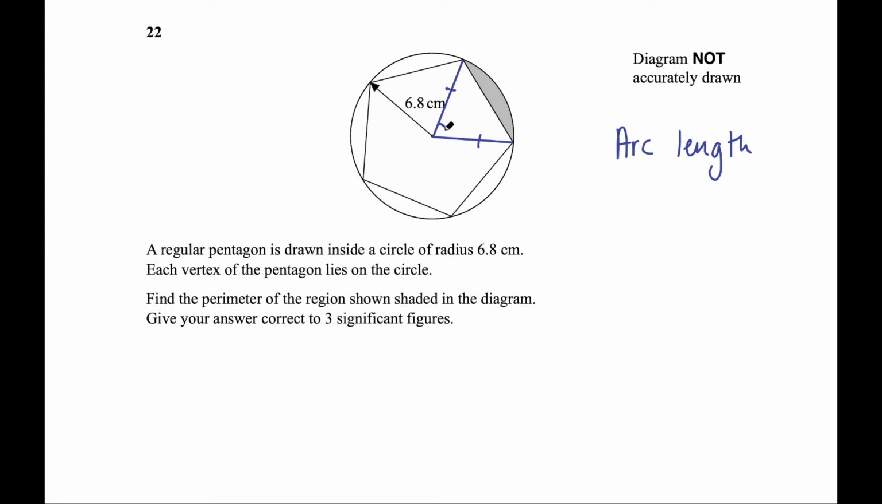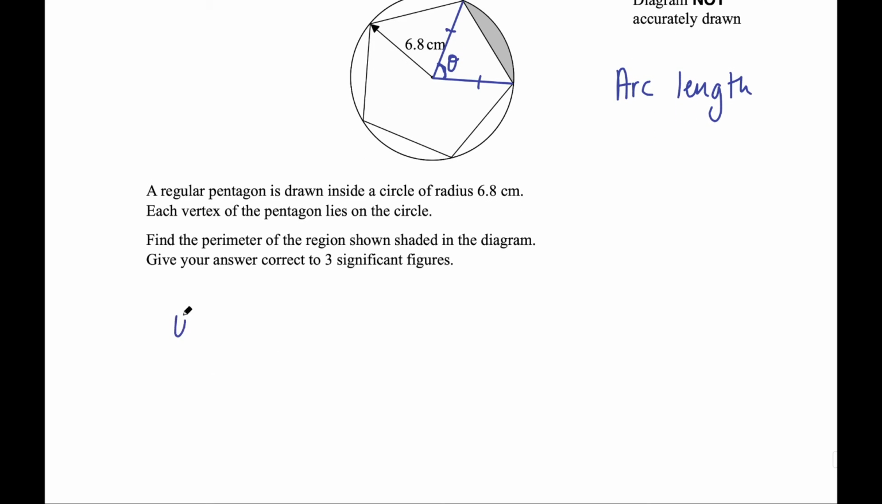Also, I can work out this angle in here. Let me show you how I can do that. Let's call that theta. Now in a regular polygon, such as a regular pentagon, if I split it up like this, all of those angles in here are going to be equal because all the angles in a regular pentagon are equal. So to work out that angle, theta, I can use the fact that angles around a point add